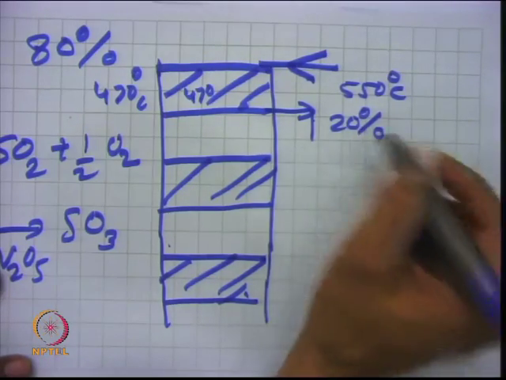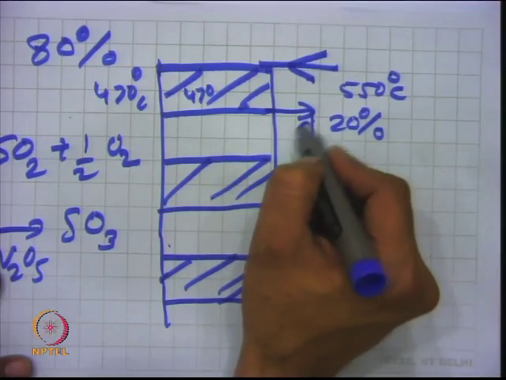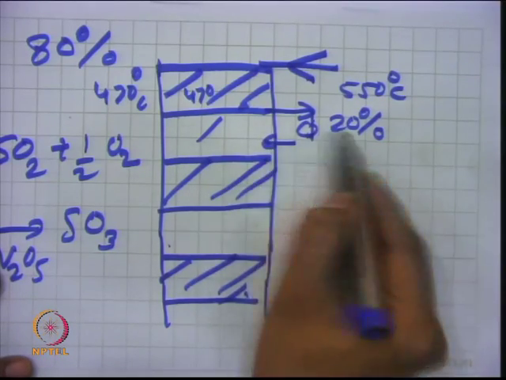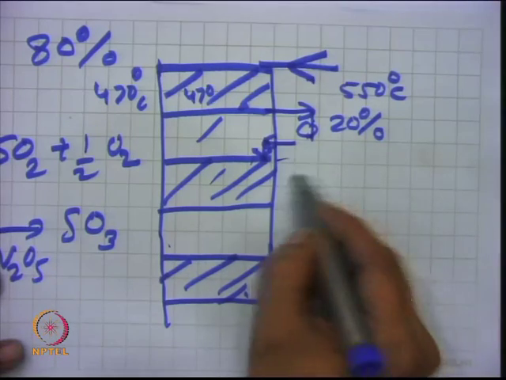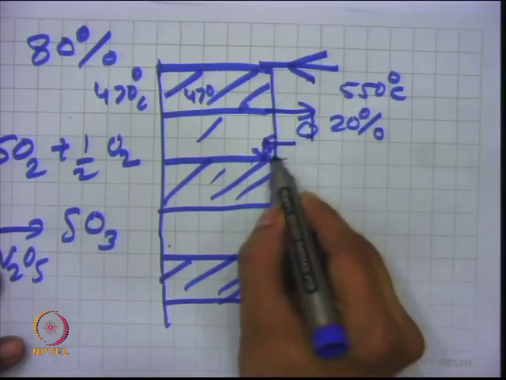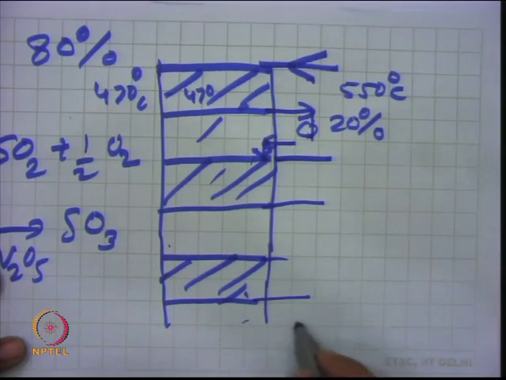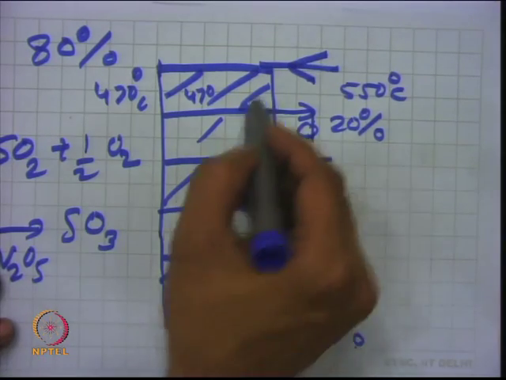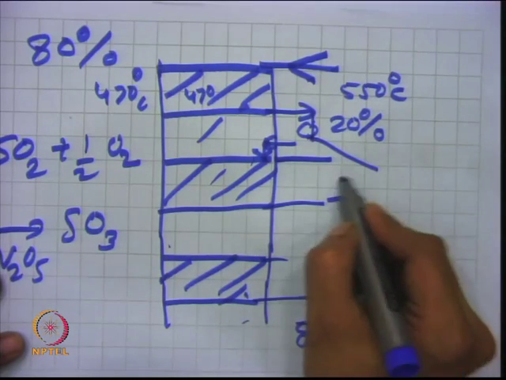Higher conversion can be kept in the first bed, and then it is cooled, and then again sent into the second bed of the catalyst. So, you have a cooling system in between, and then it goes to the second bed. Again you have another conversion, say maybe 10 to 15% in the second bed, and then in the third bed, so that the overall conversion at the exit is your desired conversion, 80% or 70%, whatever is required. This is what you call interstage cooling. So, we have interstage coolers in between.